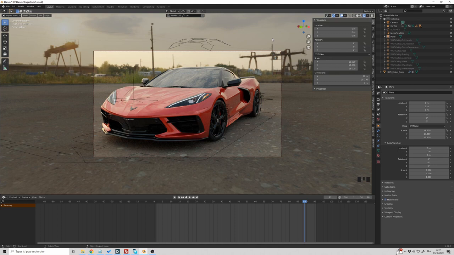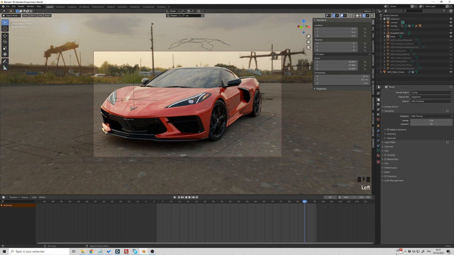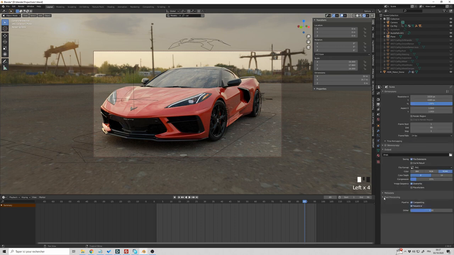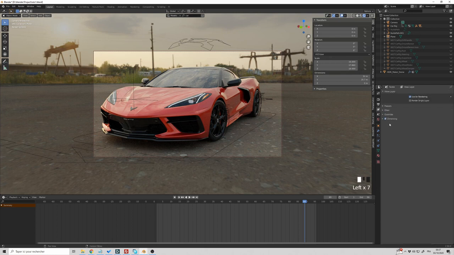Concerning the render settings, my settings are Cycles, of course, supported by my GPU. If you have a GPU, you can use yours. You can select the GPU. For the render, I think 256 is enough. I'm using the denoiser NLM, and I'm also using the denoiser, sorry, in the layer properties.